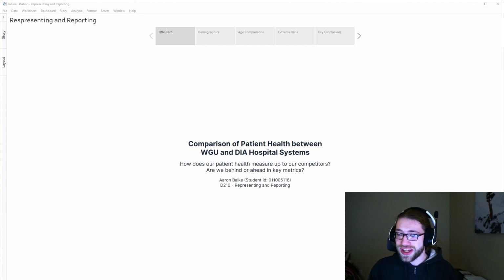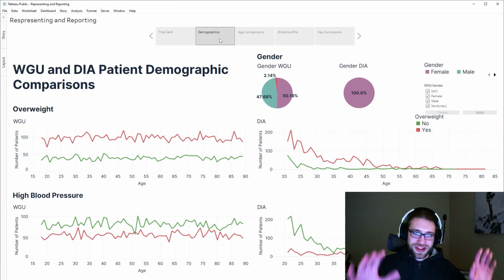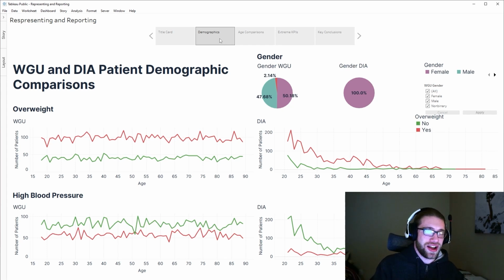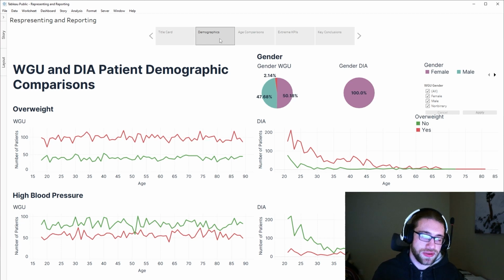So with all those caveats, all those asterisks put in, let's check out the demographics. There's a lot on here. We've got the gender information at the very top, the overweight information in the center, and the high blood pressure information on the bottom. On the right-hand side, we have the DIA hospital systems information, and on the left-hand side, we have our